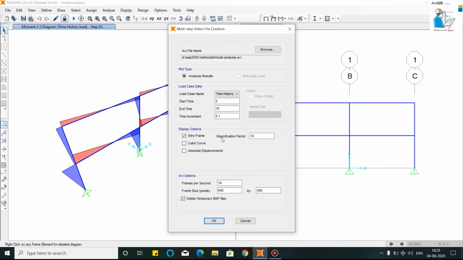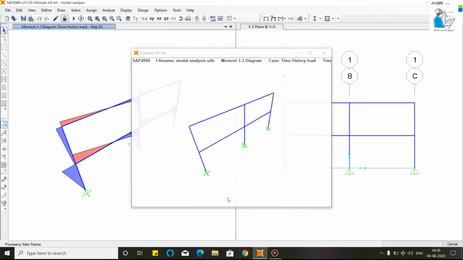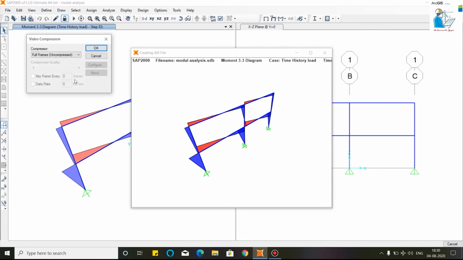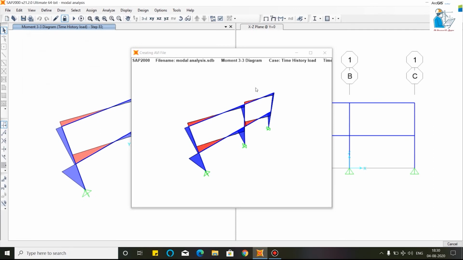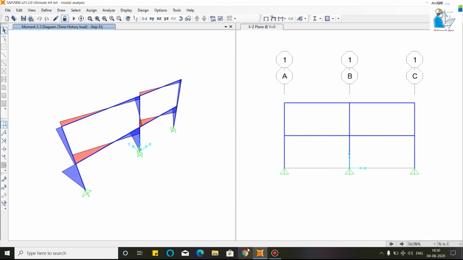I will select wireframe, magnification factor 5, and this is the time history load case, and click OK. As you can see, your video is now being created. You can also save in different formats. Click OK. Your video is now saved.